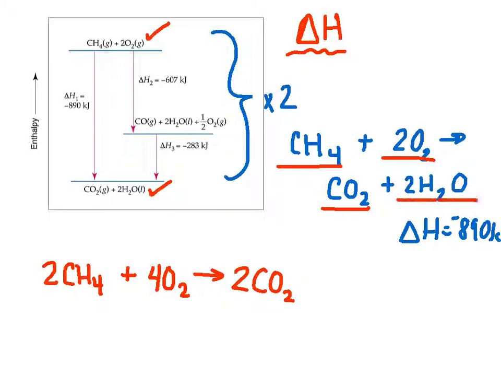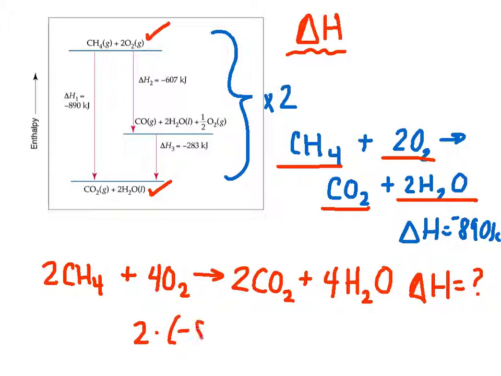Rather than 2 waters, 4 waters. Well, the question is, if I multiplied everything in the reaction by 2, what would happen to delta H? Well, it probably isn't shocking to realize that we would also double delta H. So if we do 2 times negative 890 kilojoules, we will get negative